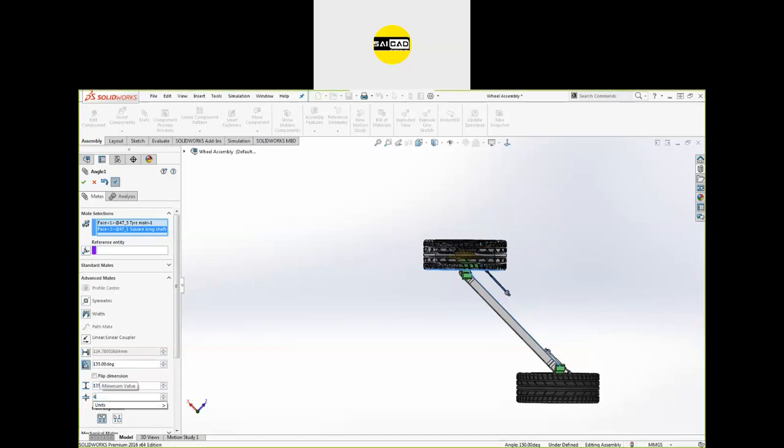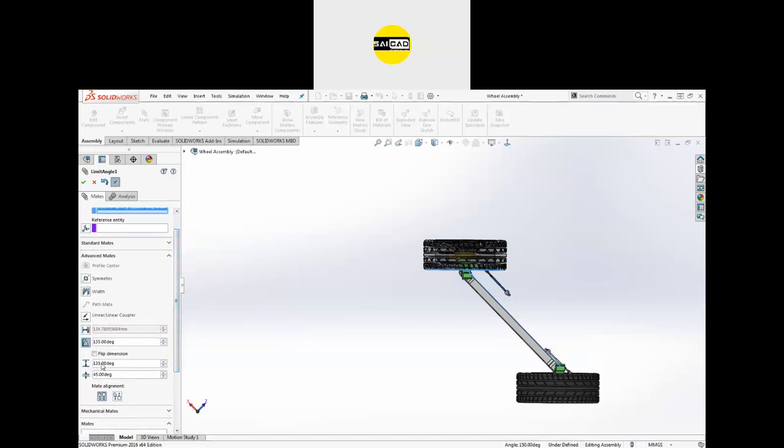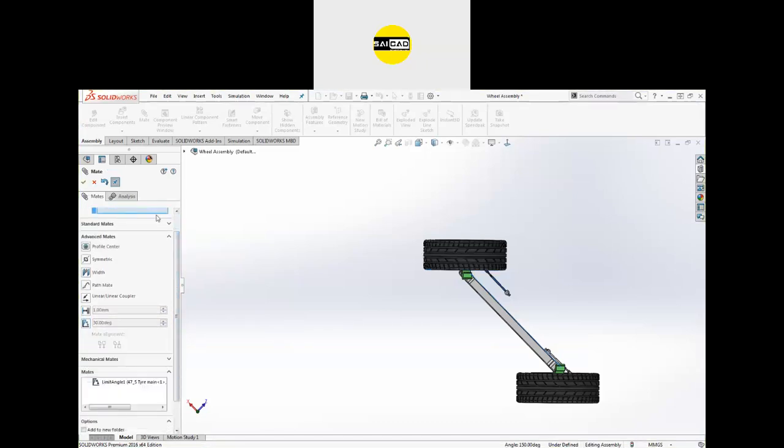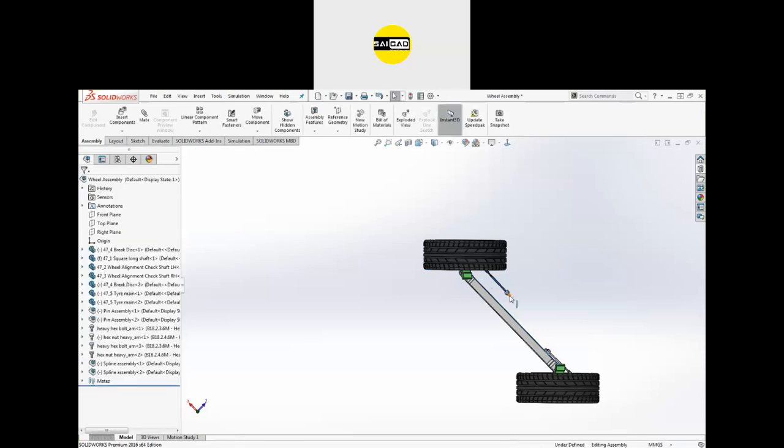So I want to control it from 45 degrees to 135 degrees. The minimum value should be in the lower one and the higher value should be in the maximum value. So just define these two values, click OK, and now if you rotate the object or move the object, you can see it cannot go further. You cannot rotate it further from here. You can just rotate it like that, not further away from this.